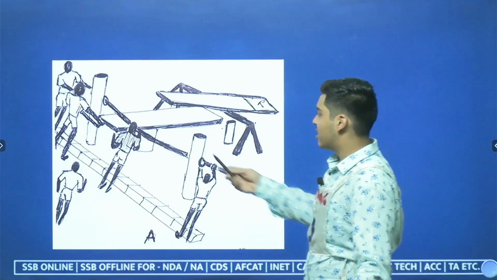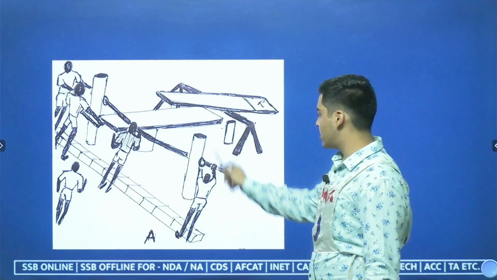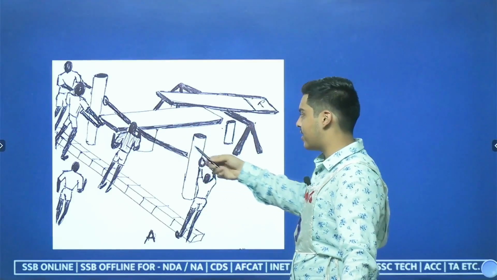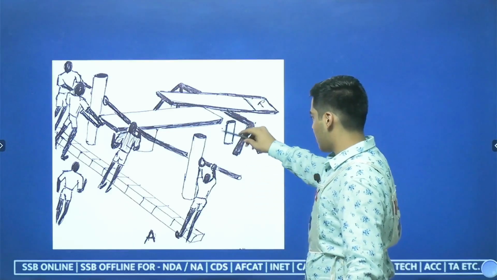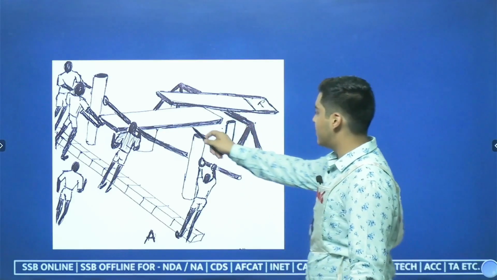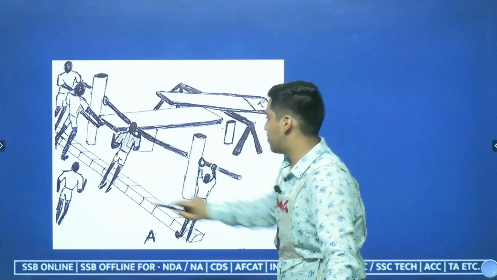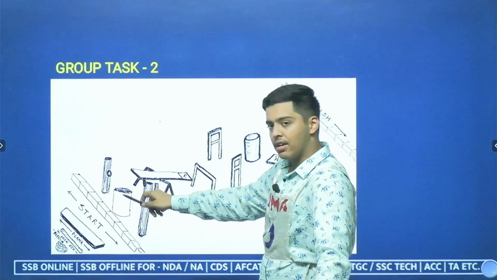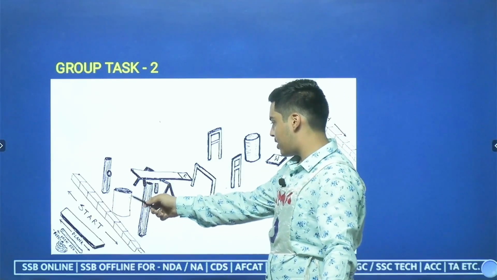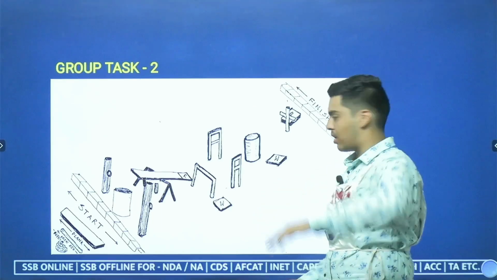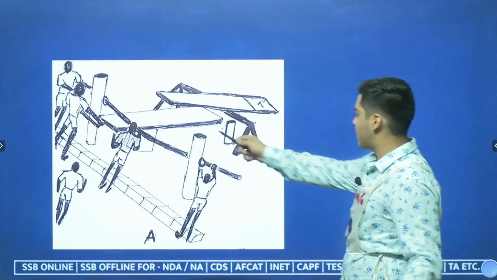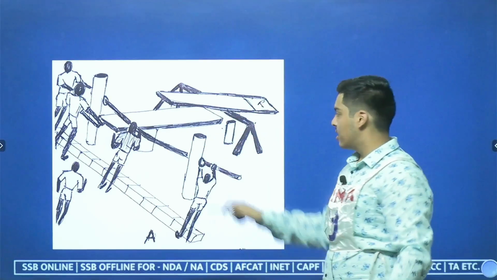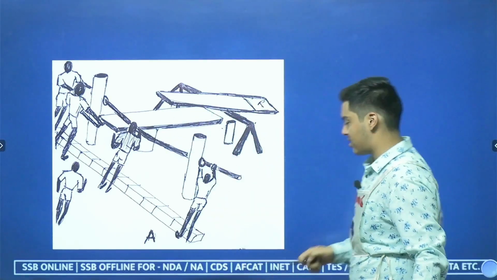Firstly, friends, you can see that the iron rings have been provided on these two wooden poles. What we'll do is we'll insert the iron rod obviously in these iron rings, which will support it. Then another thing we'll do, friends, is we'll take the plank, we'll keep it on this drum. You can see a drum is also provided beneath the iron rings. We'll keep the plank one side on this wooden drum, and the rod will support it from above, and the second end of the plank will be kept under this seesaw structure. And because the seesaw structure has a weight, this whole structure, the bridge we have created, will be balanced.